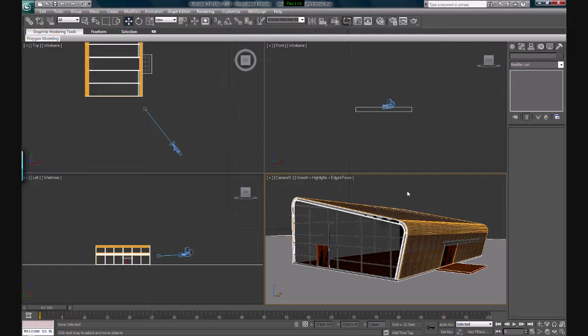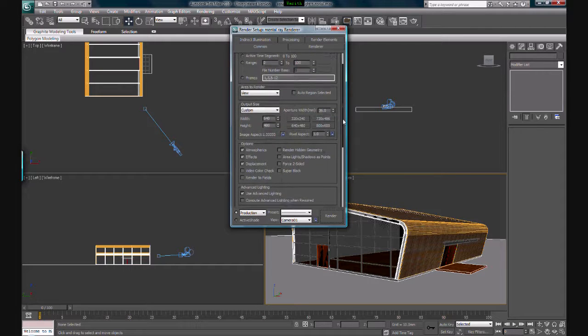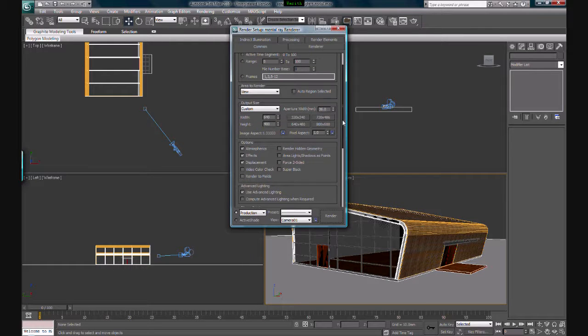Okay, so by default the size of the rendered images is going to be 640 by 480, as you can see. You can also choose one of these options. So if you want to make it bigger, you can choose 800 by 600. If you want to make it bigger than that, you can also key in your own size, but always